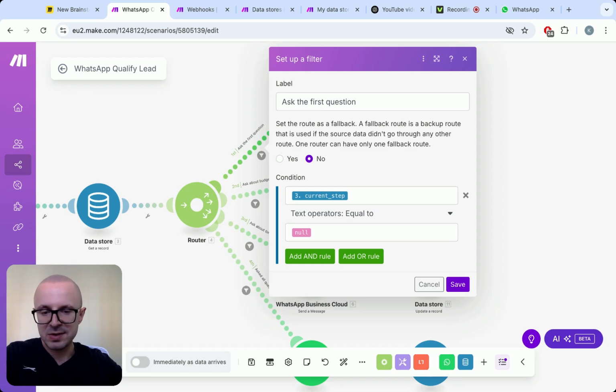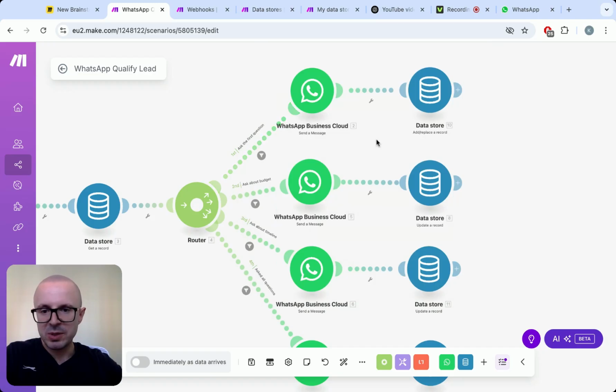And since this is the first time, we don't have any data for this number or this person. So the current step in our data store will be empty or null. And in this case, what we want to do is reply to the user with our first